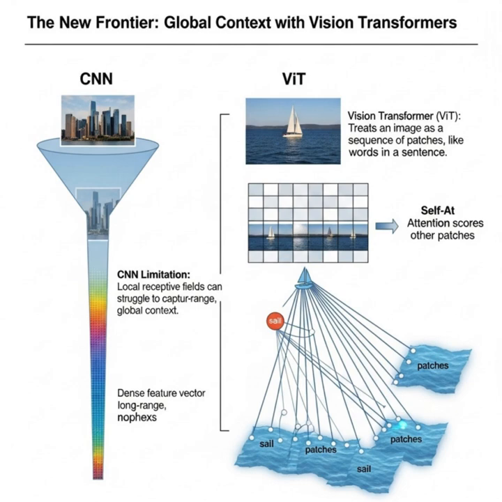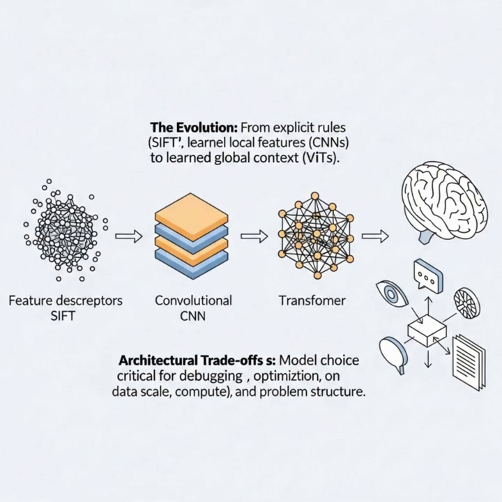The trade-off? ViTs have a weaker inductive bias, which means they are incredibly data hungry. But on massive data sets, their ability to learn global context without being constrained by local receptive fields often leads to state-of-the-art performance. For an MLE, this choice, CNN versus ViT, is a critical decision about the trade-off between prior knowledge and data scale. So, we've journeyed from explicit handcrafted rules in SIFT to the learned local hierarchies of CNNs,